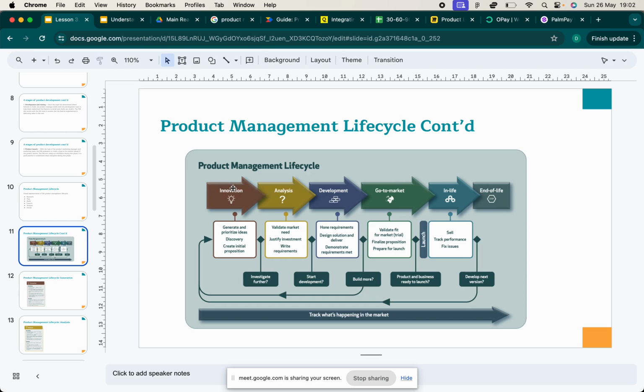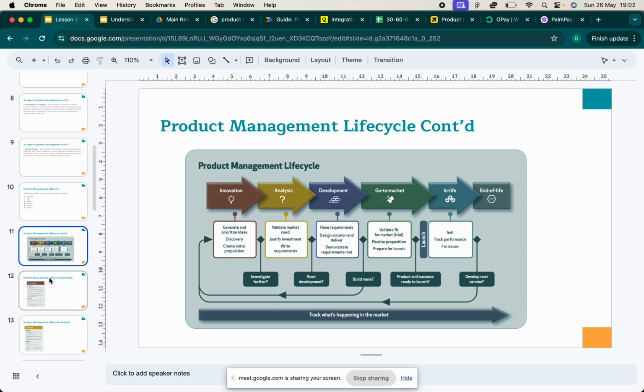So the phases go from innovation, analysis, development, go to market, and then in life, and then end of life. Not all products will be used forever. Some products you just have to kill and bring new ones, new ideas. And all companies do this.